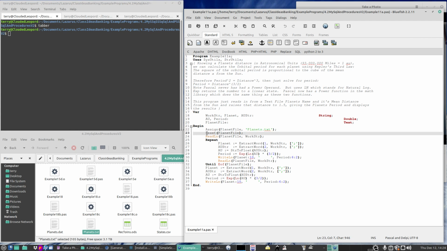We then issue a reset, which will set you at the beginning of the file, and then you can just issue readlines, with the first variable being the file variable, followed by a buffer area, which is just a string. It's defined here as a string, and you just do readlines to access, and I have it in a repeat loop,